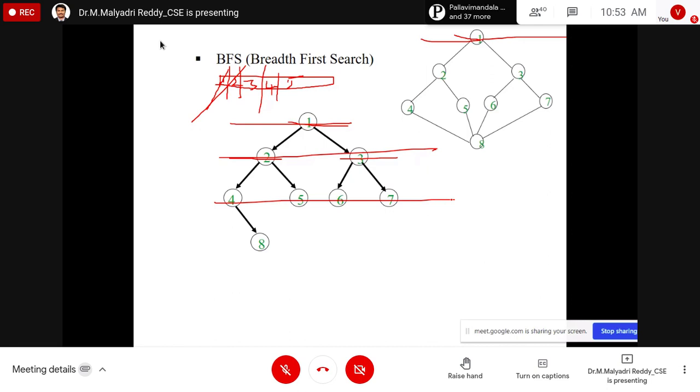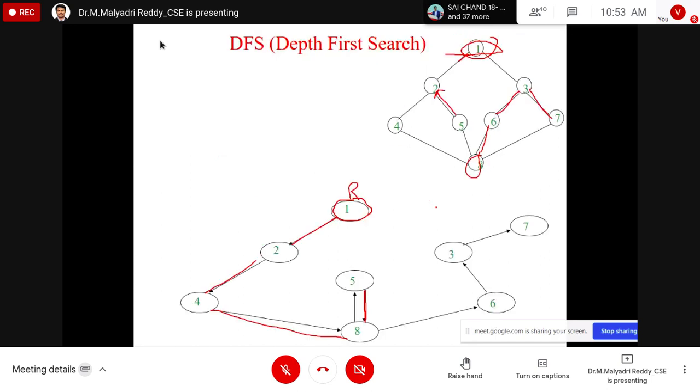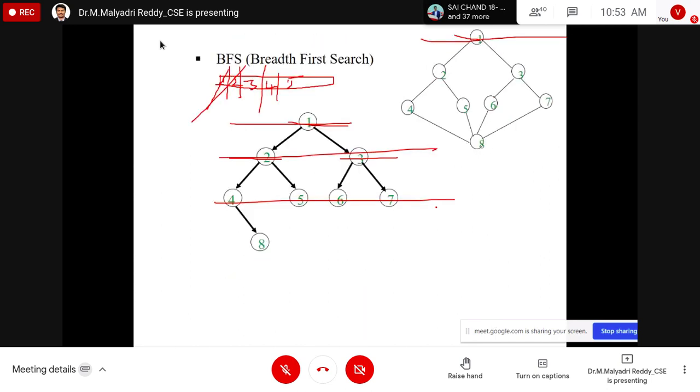Sir, what do you mean by logic, sir? Logic means, is there any confusion on this one? Is there any confusing statement? No, sir. This is a general method to visit all the vertices in the graph, either DFS or BFS. Sir, will we have the same algorithm that we studied in data structures? That one only I am explaining. Next we are going to the algorithm. For writing BFS and DFS search, will we have the same programs that we read in data structures?